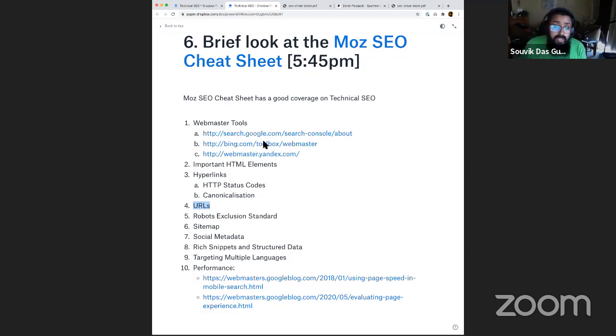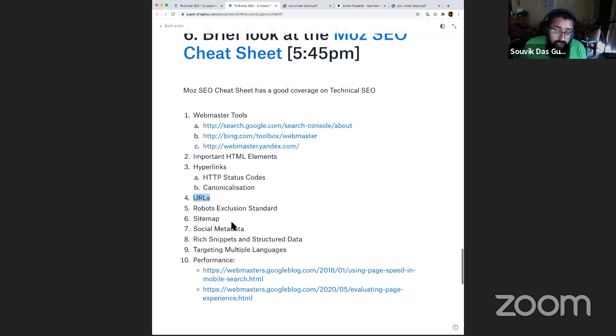The other one is bing.com/toolbox/webmaster. So make sure that your URLs are clean and structured, and that's something that the search engines are able to understand as well. So if you're owning a website and you see $node equal to this, page ID equal to 17, and URLs like that, make sure that you ask your developers to change that and improve that.